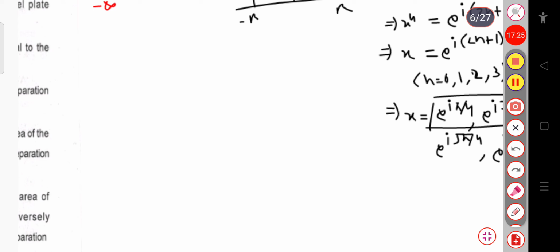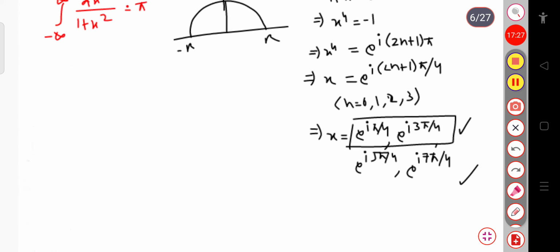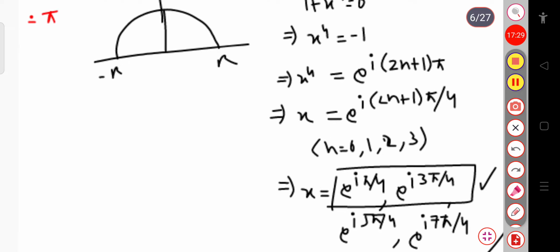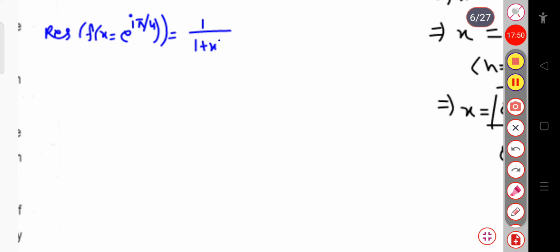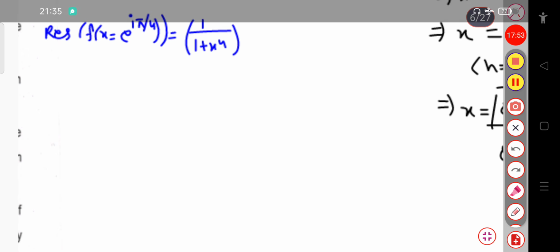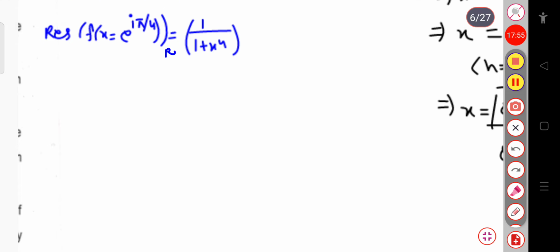So first of all, I will calculate the residue of the function at exponential i pi by 4. So if I write the residue of the function f at x equal to e^(i pi/4), our function is 1 by 1 plus x power 4. You have to calculate the residue of this function. So the residue of this function will be equal to,